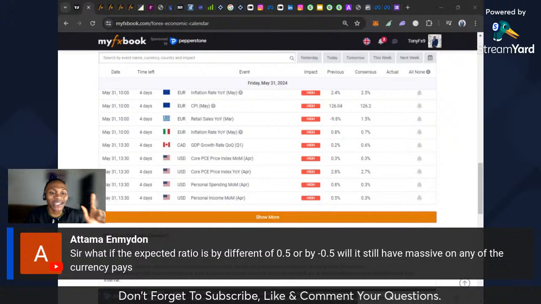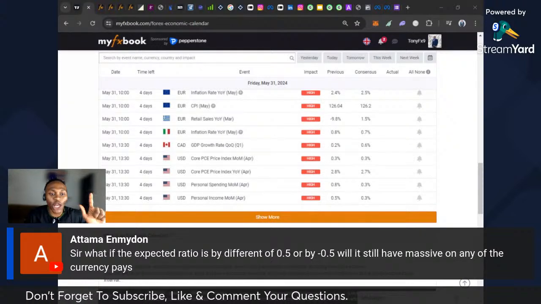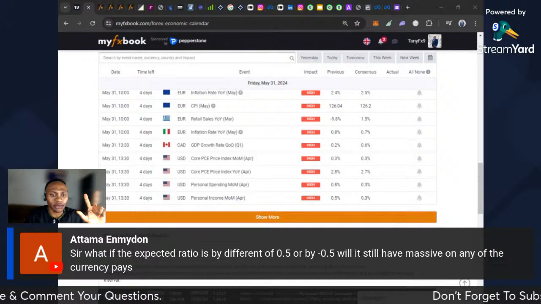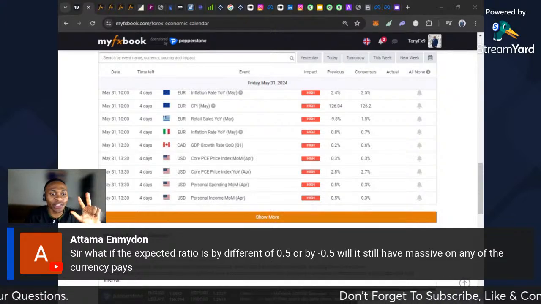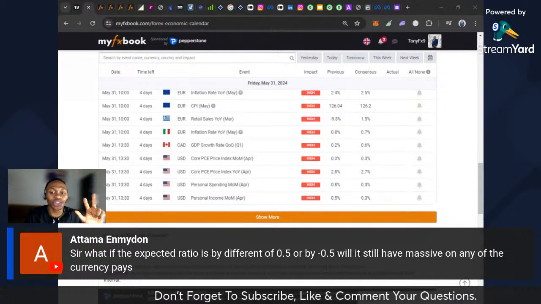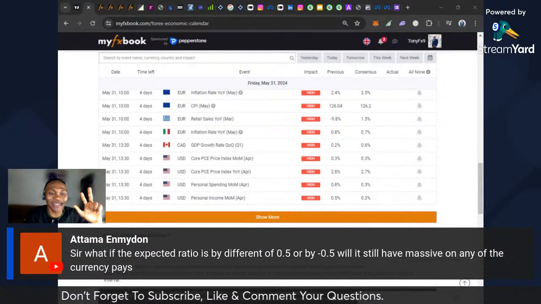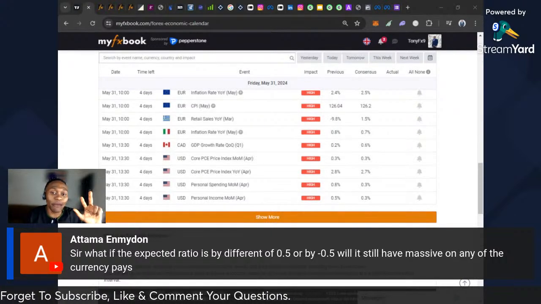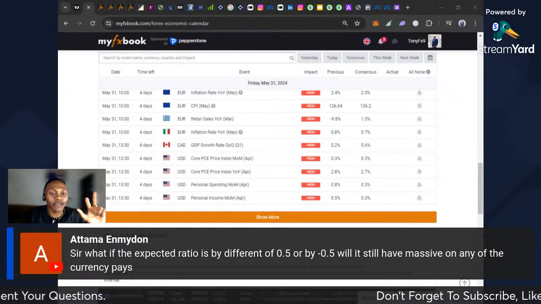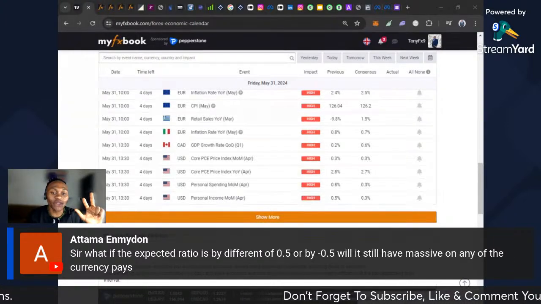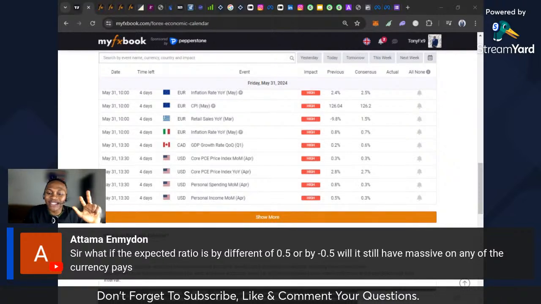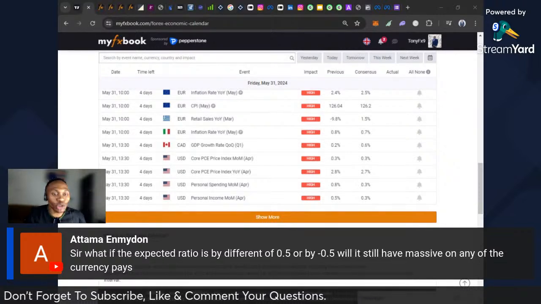Number 2 is CPI, inflation. Number 3 is interest rates, the rates set by the banks. That's high impact news. Even if it is a 0.1% difference, it is going to move the market massively, giving you 10 to about 50 to 100 pips of movement, because it is just a trigger. It is a sign, more like an instruction, because this market is